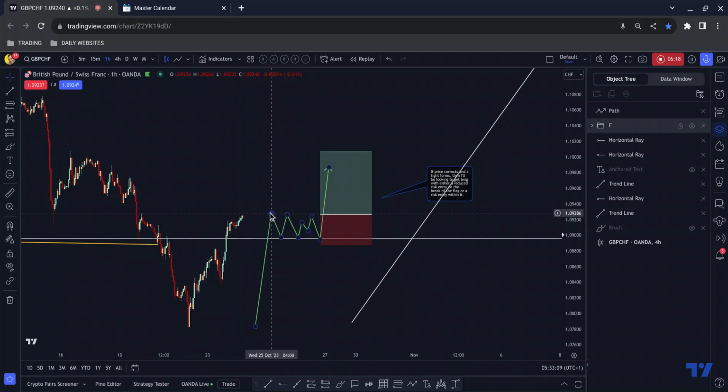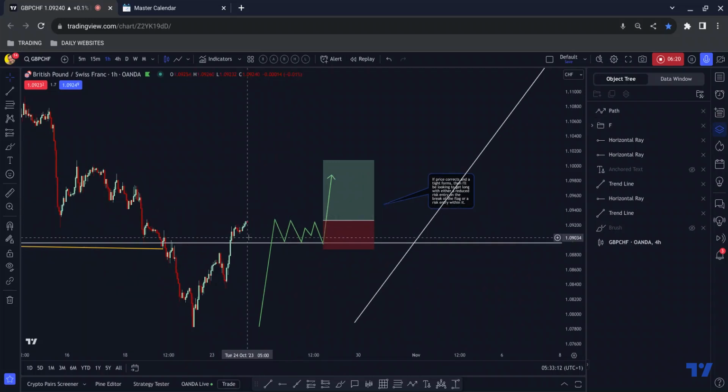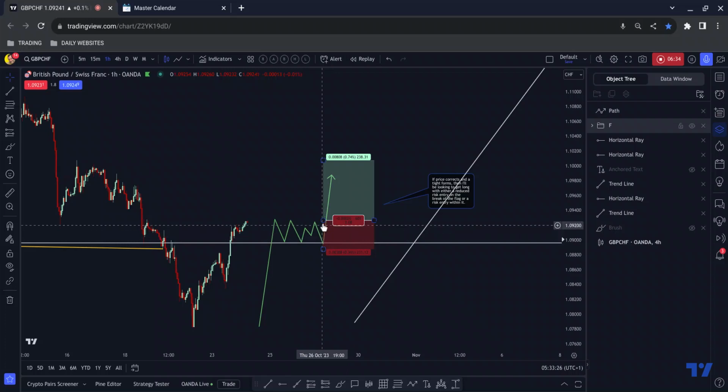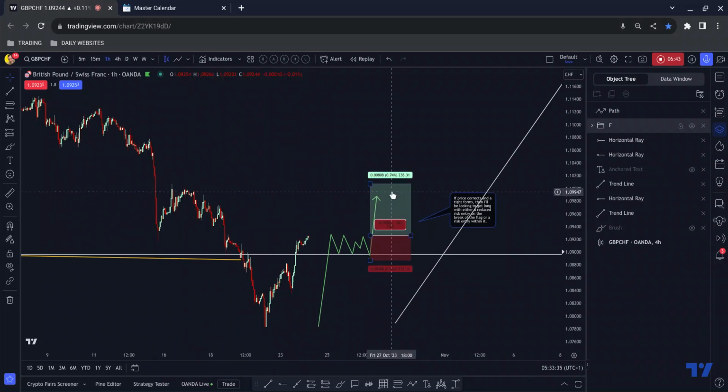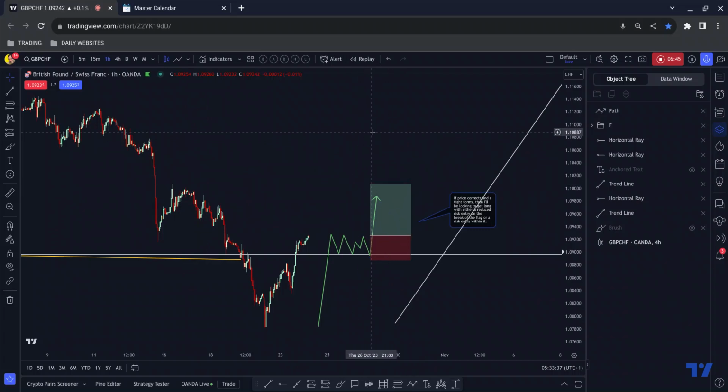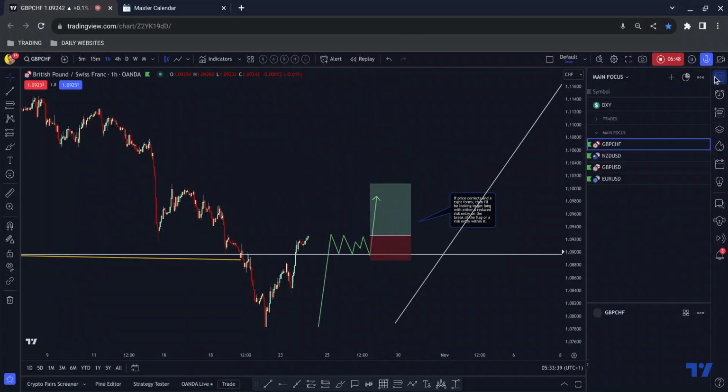And if we do get a flag that I can see the structure of, then I'll be looking to get long on the break of the flag or within it. If we've got the two tops, I've drawn three, but if we get the two tops and we push down, we break the low, then I'll be looking to get long either with a risk entry within the flag or a reduced risk entry on the break, and then I will be able to manage this easily, most likely up to the first inflection point for something in the region of 2%. So that is pound Swiss, nice and simple one there. I'm just going to get rid of this